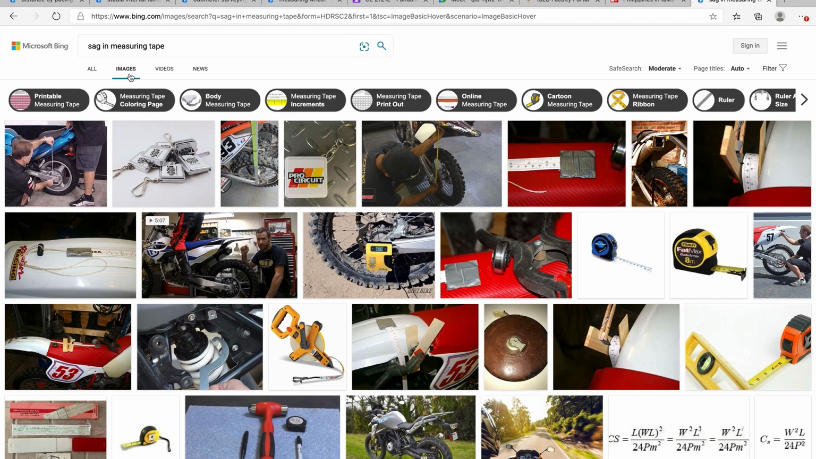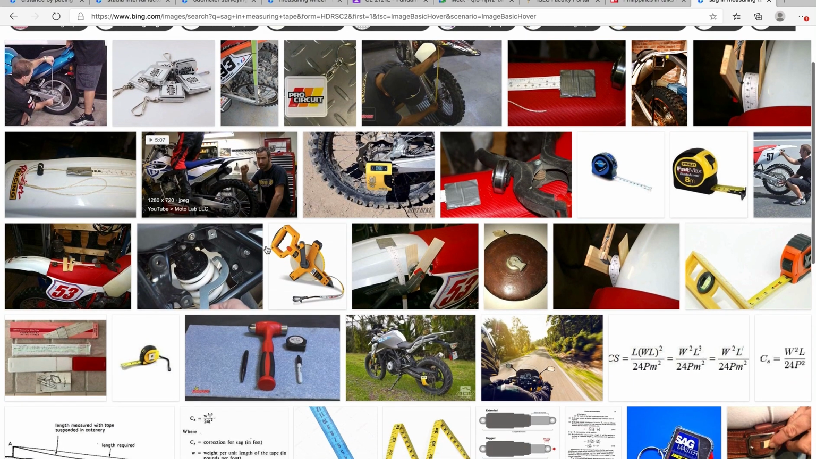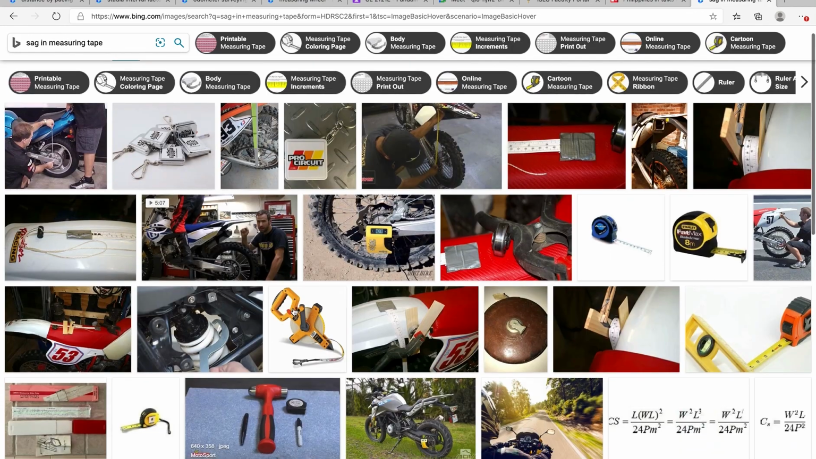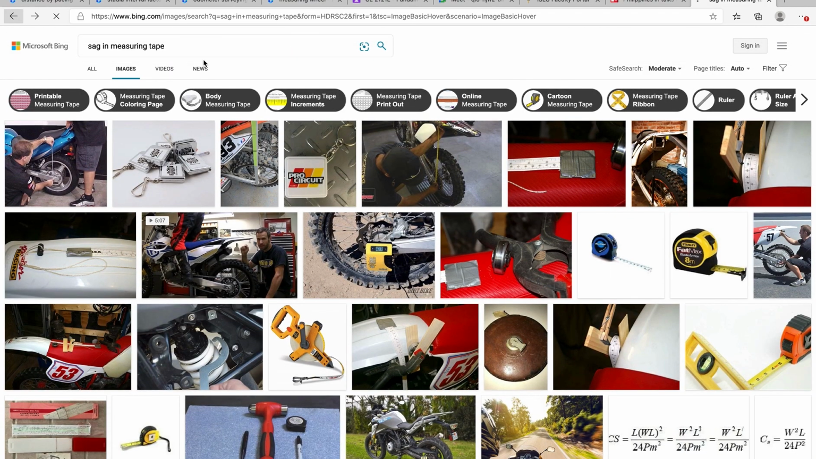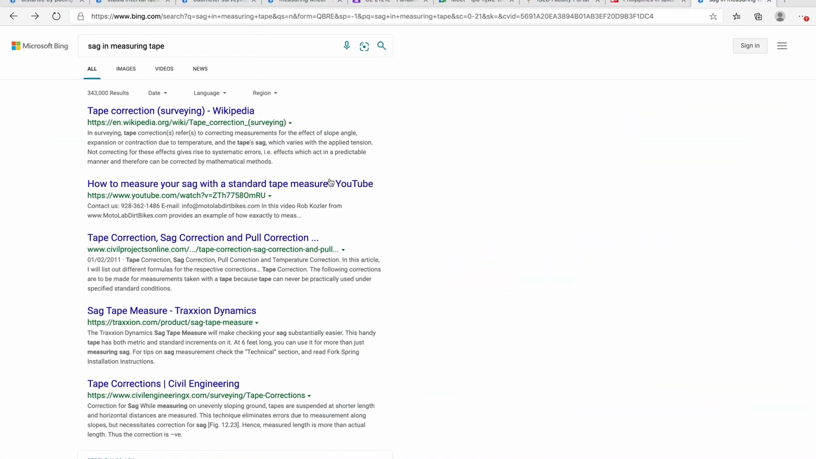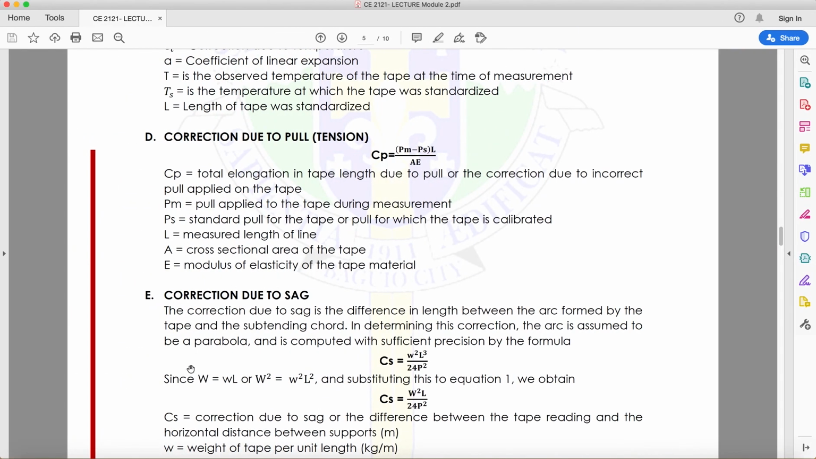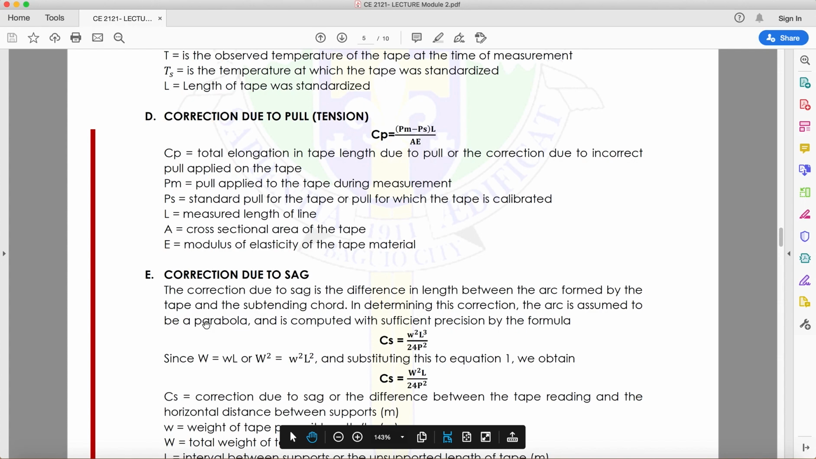Anyways, when we say there is sag in a measuring tape, instead of being horizontal, it will have a curve. Okay? It will be concave upwards. So, to avoid that and have a horizontal straight line, we apply extra effort at both